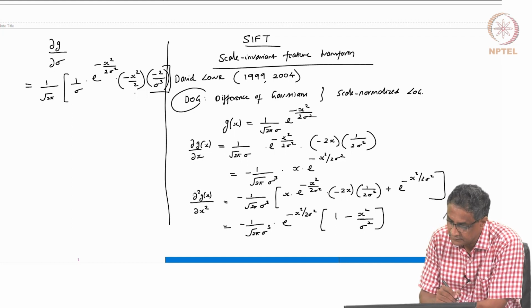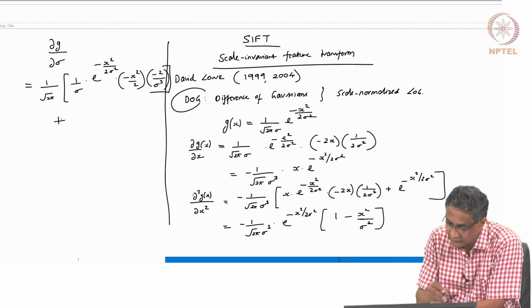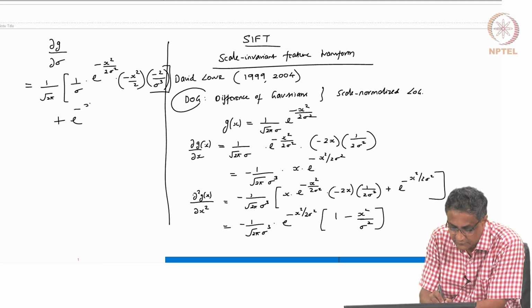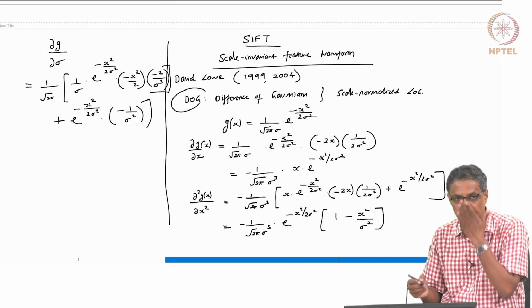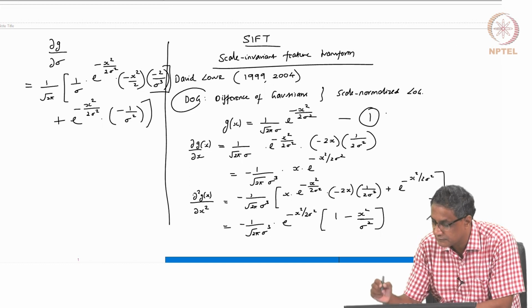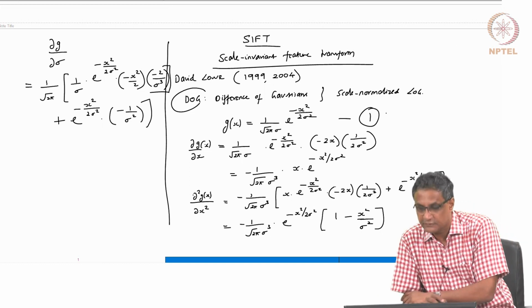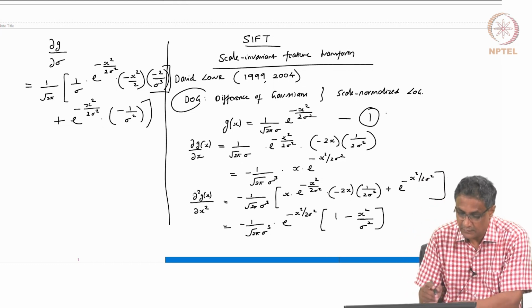And then you need this e raised to power minus x square by 2 sigma square into minus 1 by sigma square. This is dou g by dou sigma, this equation 1. If you try to find its derivative with respect to sigma, minus x square by 2 minus 2 by sigma cube plus e raised to minus sigma minus 1 by sigma. Okay, now,